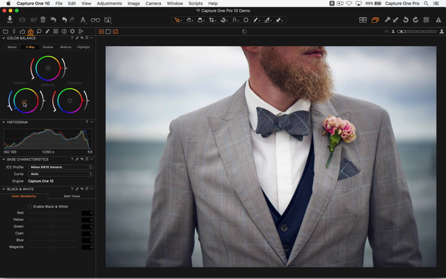So in this case, if we did the sort of cool shadows and warm up the mid-tones, it's maybe affecting his jacket a bit too much. So maybe if we just went highlights, that will give us a bit of warmth in the background, but not affecting the jacket so much. And if we option click once more, then we can see the effect that our color grade is having. Don't feel you have to use all three wheels, of course. If you just want to use the shadows, then fine. It doesn't have to be all of them as such.